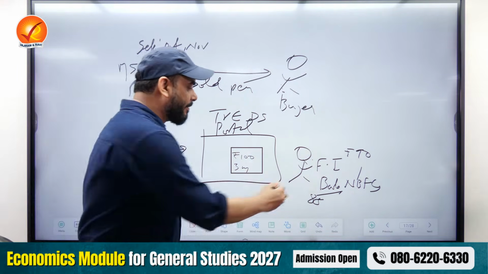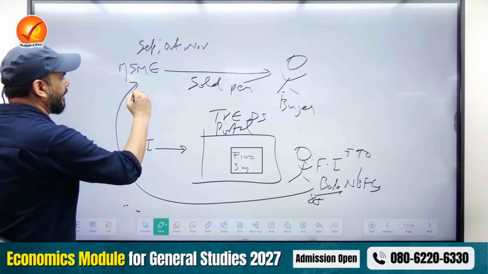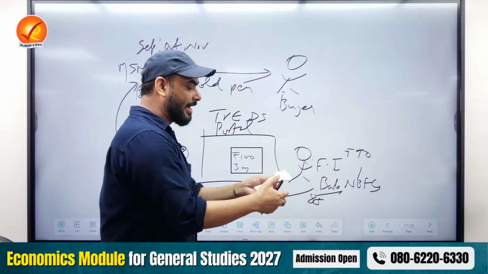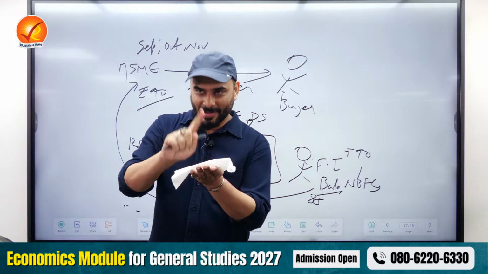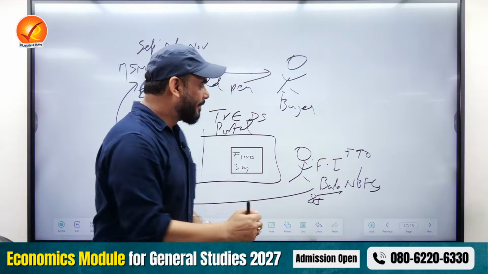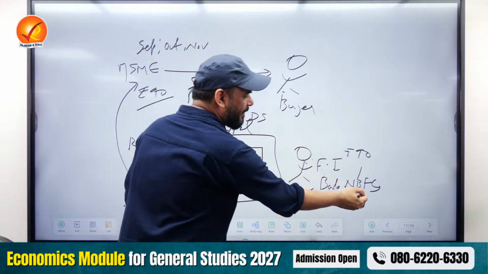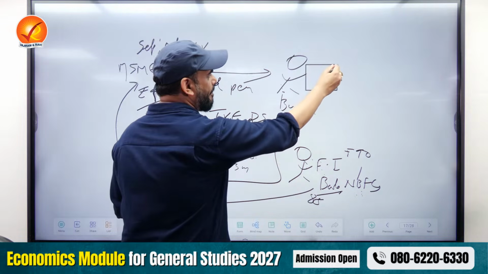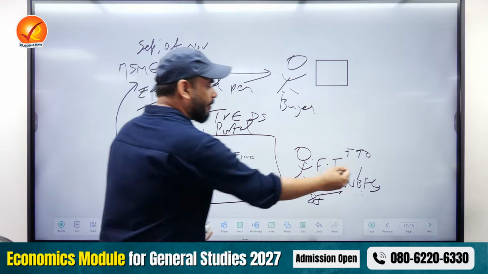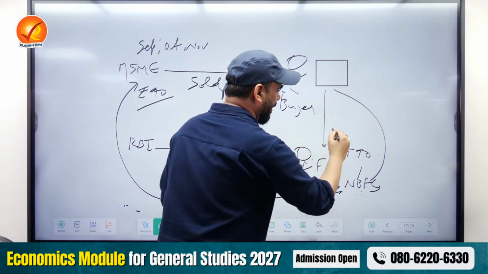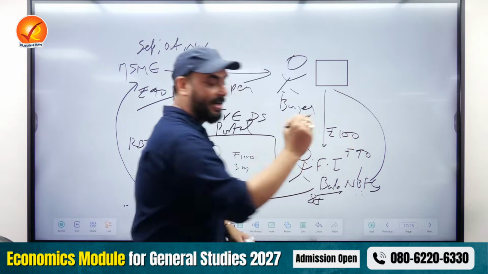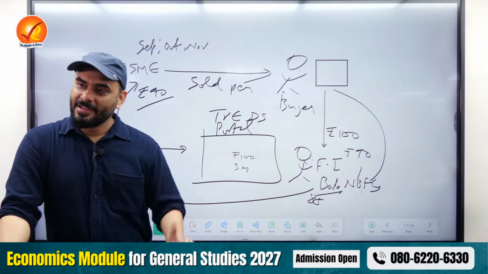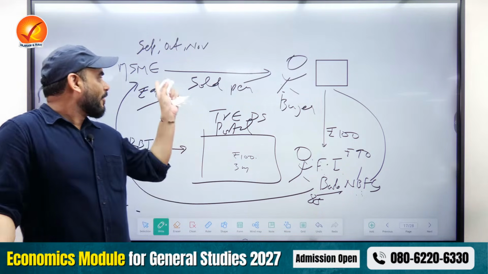So how much money will be given to the MSME from here? 90 rupees. And how much will this guy have in hand? A property worth 100 rupees. After 3 months, what will happen? This NBFC will take this piece of paper to him and say, take back your piece of paper and give me 100. So how much money will the NBFC get after 3 months? 100. So what is the profit for this NBFC? 10 rupees.